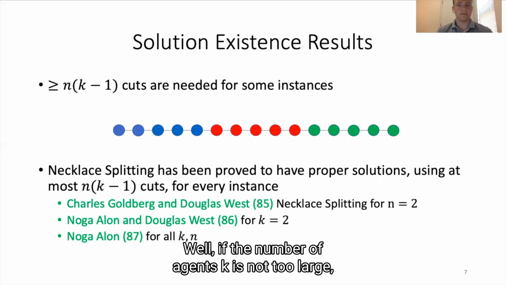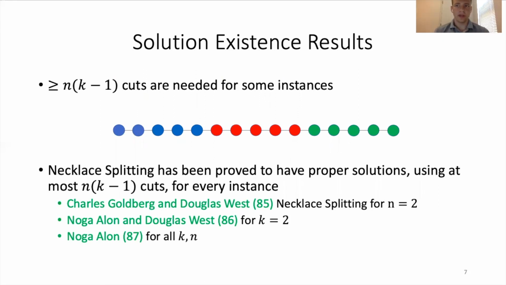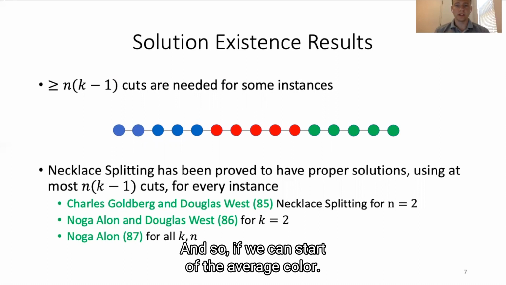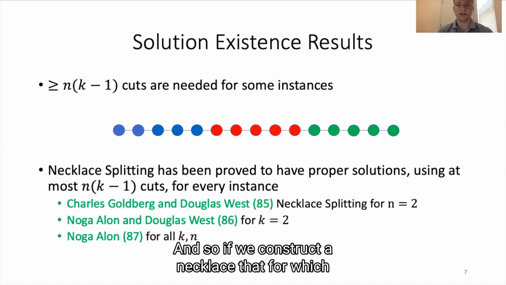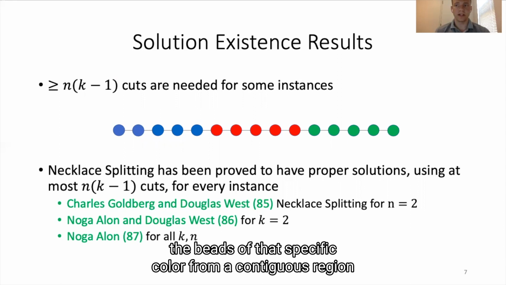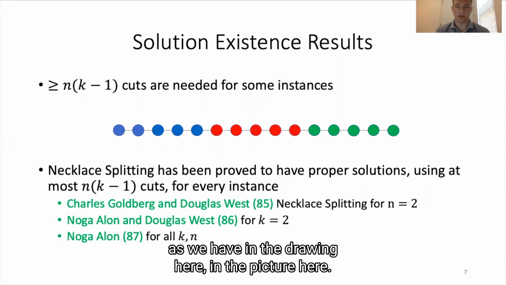Well, if the number of agents k is not too large, then we would need to give each agent at least 1 bead. And so if we construct a necklace such that for every single color, the beads of that specific color form a contiguous region, as we have in the picture here,